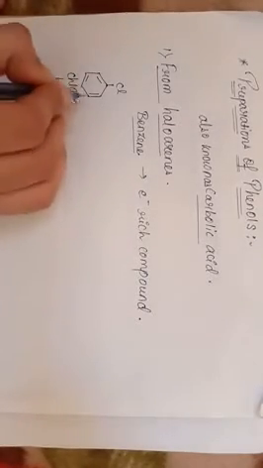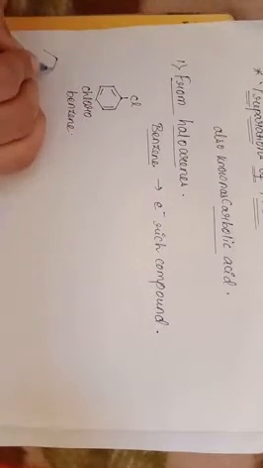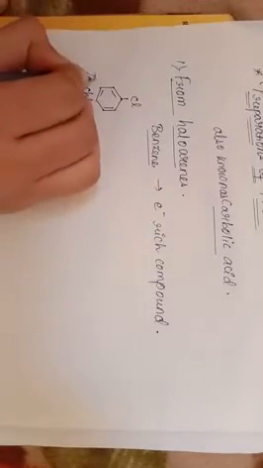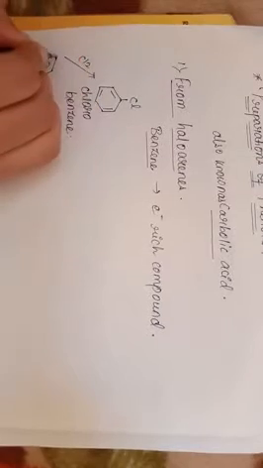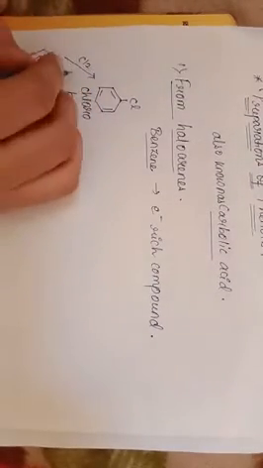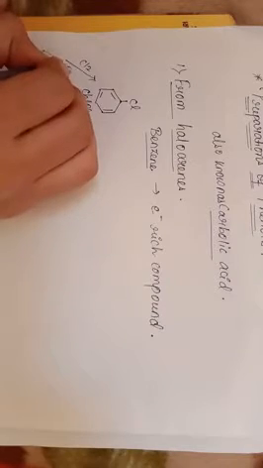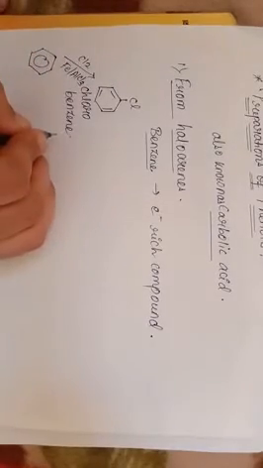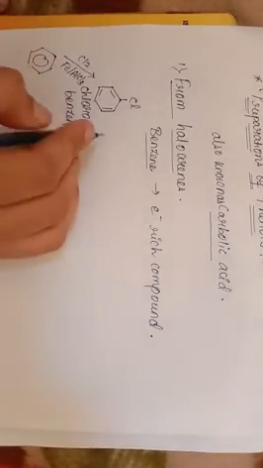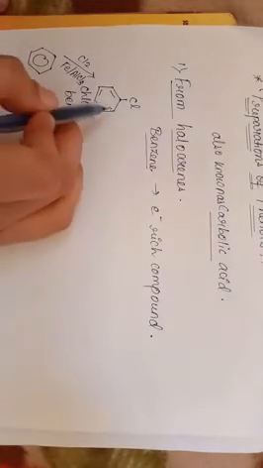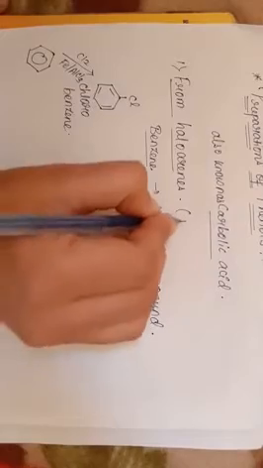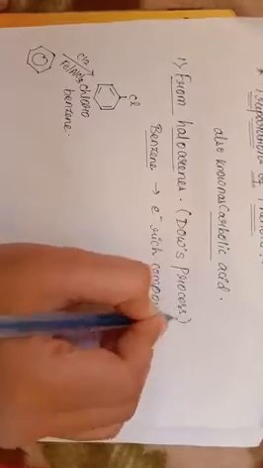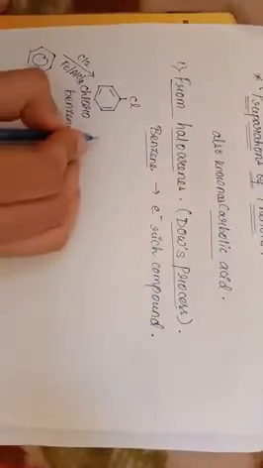Chlorobenzene can be industrially prepared from benzene on its reaction with Cl2. We need Cl here, so we'll react it with Cl2 in presence of a Lewis acid, that is Fe or AlCl3. So in industries it is prepared by this method, and the preparation of phenol from this chlorobenzene, the process is also known as Dow's process. This is not given in your NCERT, but for your knowledge remember this Dow's process.